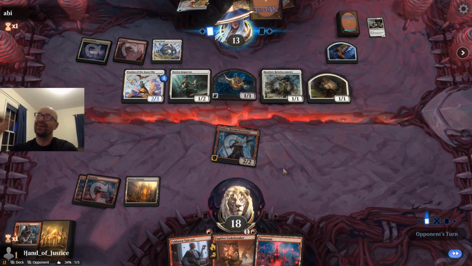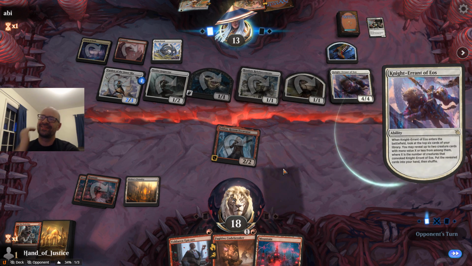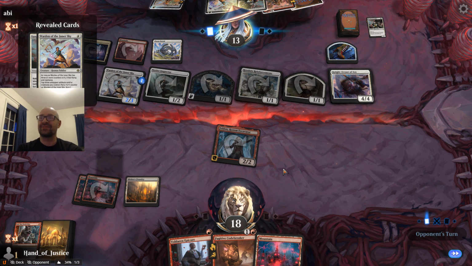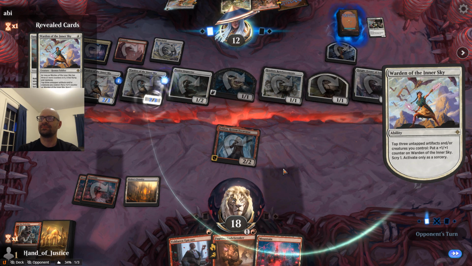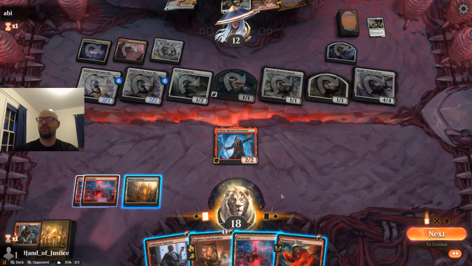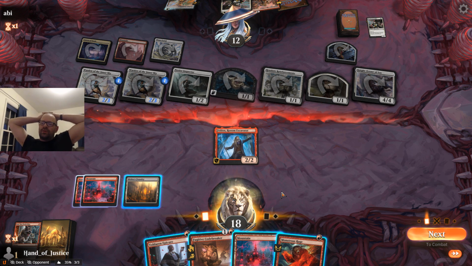Okay, we need another board wipe stat. Oh god, they've got another Knight Errant. Oh jeez. Yeah, this deck is just ridiculous. It's so good. We need Mechanized Warfare plus board wipe, because now we're only pushing